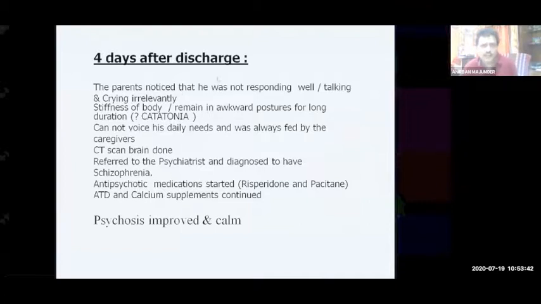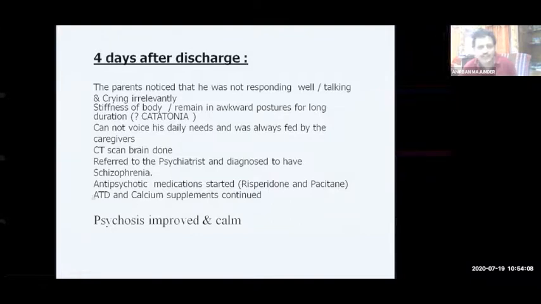Four days after his discharge, the parents noticed that he was not responding well, talking and crying irrelevantly, with stiffness of the body, and remaining in an awkward posture for long duration, and was suspected to have catatonia. He cannot voice his daily needs and was always fed by the caregivers. A CT scan of the brain was done, and he was referred to a psychiatrist, diagnosed to have schizophrenia, and antipsychotic medication was started with